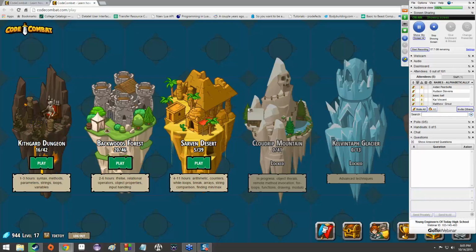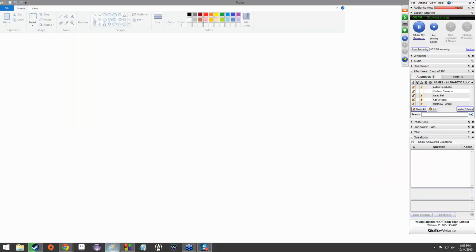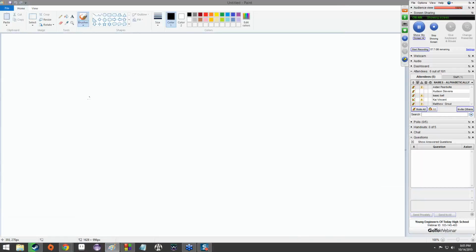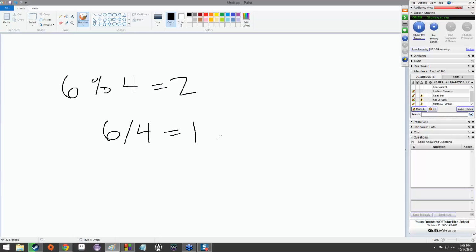Modulo is fun, sort of. I mean, I guess it depends on your definition of fun. Modulo is just a fancy word for remainder. So, for instance, 6 modulo 4 is going to be 2, because 6 divided by 4 is equal to 1 with a remainder of 2.